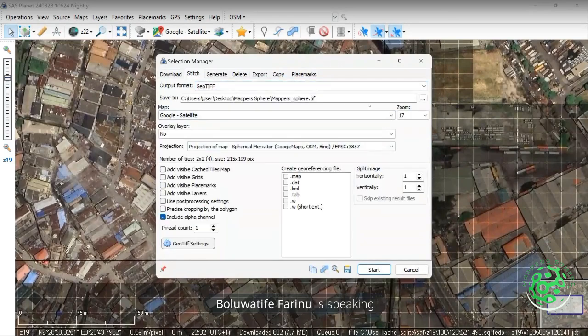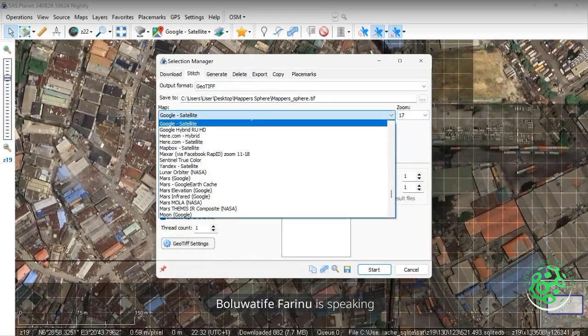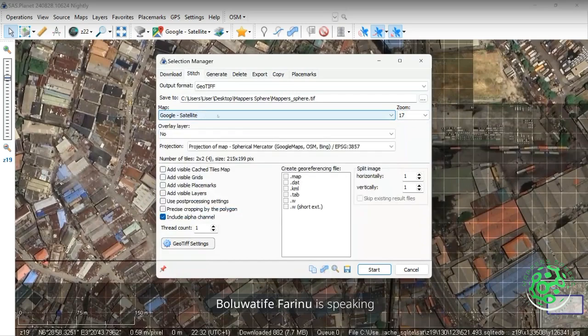Because we used Google satellite imagery, it will just automatically detect that it is Google satellite. So we can leave this particular map. Then set our zoom to 22. Just remind it. Then this overlay